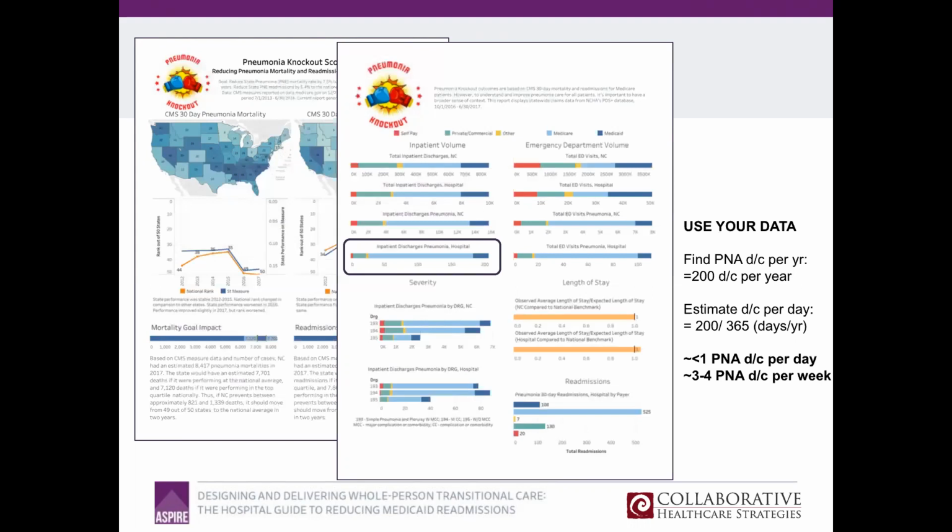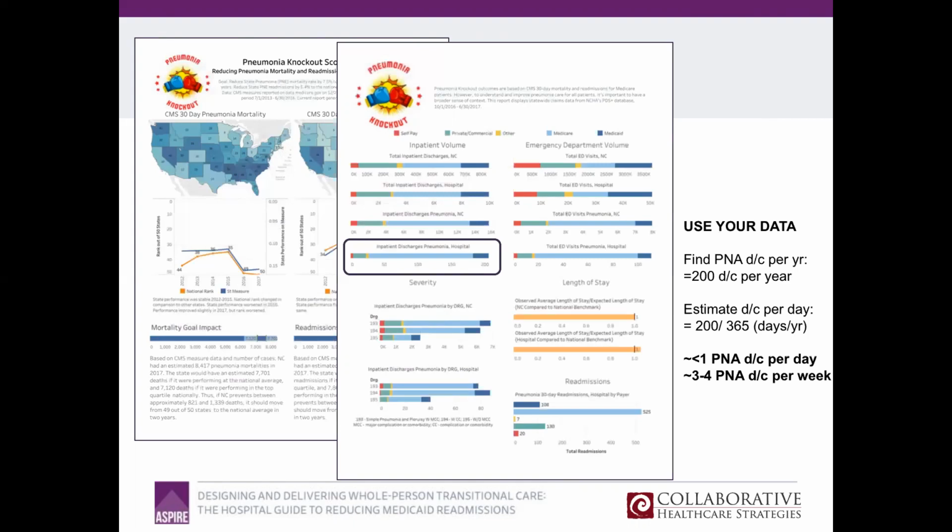And what I recommend you do is take a quick look. Maybe some of you already know, we have 5 pneumonia discharges a day. On average, 3 go to SNF and 2 go home. That's what I want for all of you. But as a starting point, if you don't yet know offhand how many pneumonia discharges you have, it's here in your scorecard, and this hospital is just a random hospital we selected. This hospital happened to have 200 pneumonia discharges in the past year.